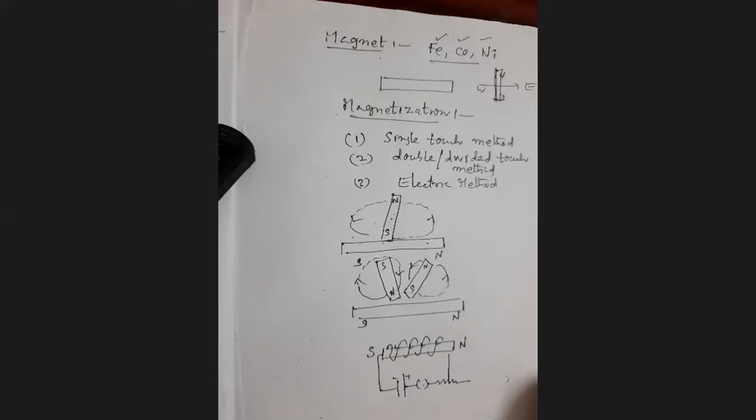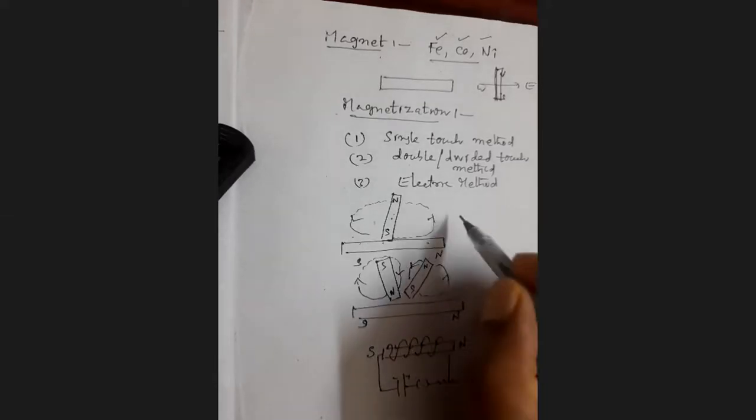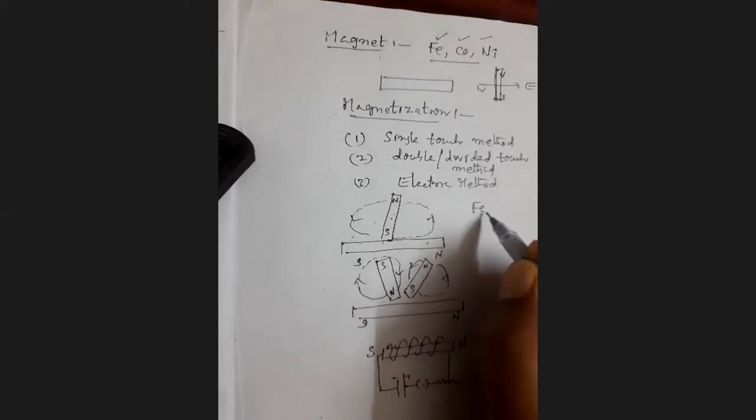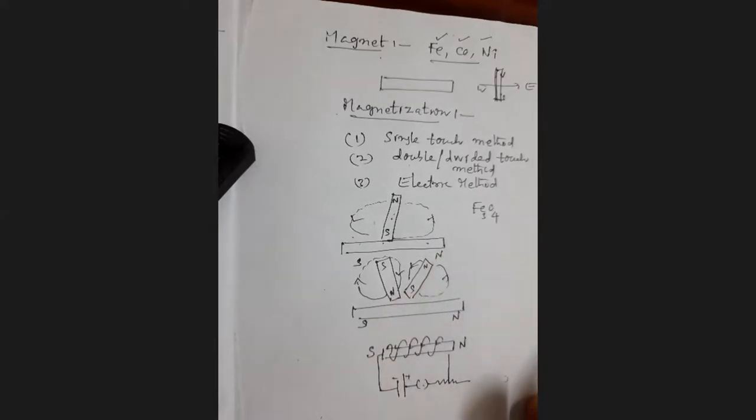Magnets are of two types: natural magnets and artificial magnets. An example of a natural magnet is lodestone. Lodestone is an iron ore, Fe3O4, magnetite. This is the best example of a natural magnet, and the earth's magnet is also a natural magnet. Artificial magnets are made of materials like cobalt and nickel. Nowadays, modern permanent magnets are made of materials like Alnico, Alcomax, Ticonal, etc.